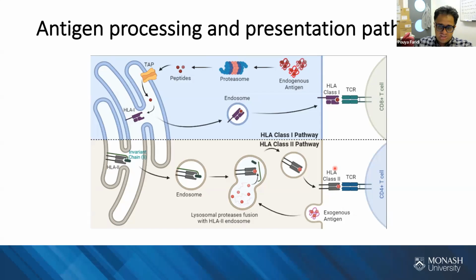And here, CD4 positive T cells can monitor what's going on with HLA class 2. Again, if they find something which is not from our own body or genome, they can recognize it. Most of the cells that we have in the body have HLA class 1. But classically, we thought that HLA class 2 is only present on antigen presenting cells.